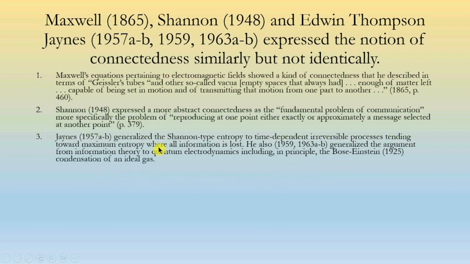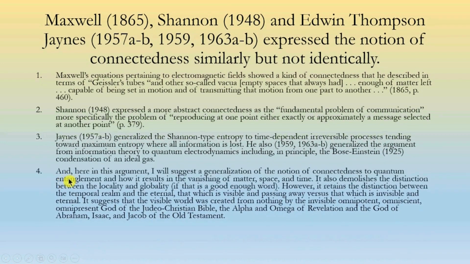We can't go backwards in time, where eventually all the information is lost. He generalized the argument from information theory to quantum electrodynamics, including in principle the Bose-Einstein condensation of an ideal gas. Now, the Bose-Einstein condensation, again, is still happening in space and time. It was a remarkable prediction, and it turned out to be true, but it also is not quite to the